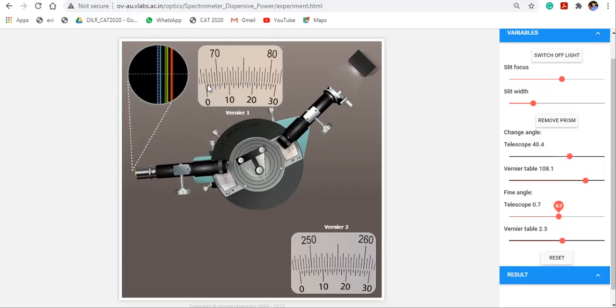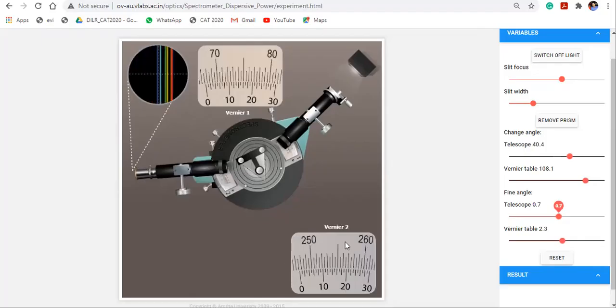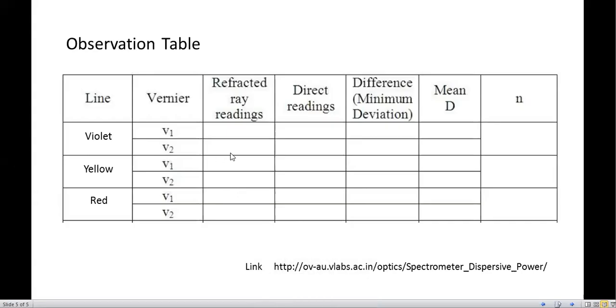Here, your V1 is 67.5 and your vernier reading is 4, and note down in the observation table corresponding to violet V1 refracted ray reading. Similarly, note down V2 and write it here.